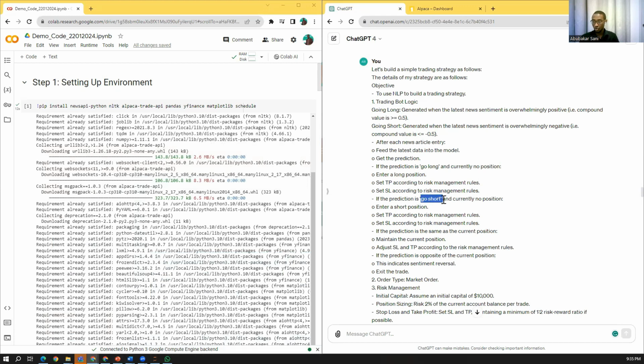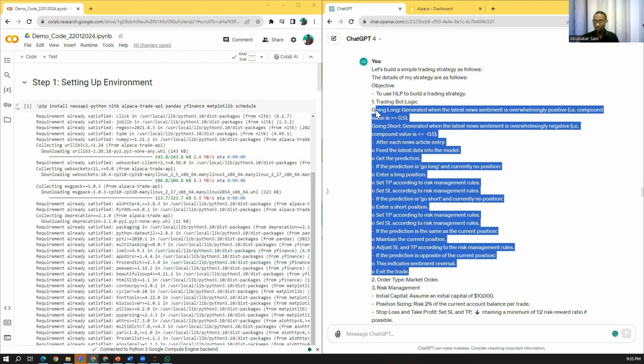If the prediction is to go short and we are in no position, we enter short and set these accordingly. If the prediction is the same as the current position, the sentiment remains unchanged and people are still happy, so I maintain my position and adjust things accordingly. However, if the prediction is the opposite of the current position, this indicates a sentiment reversal and we will exit the trade.